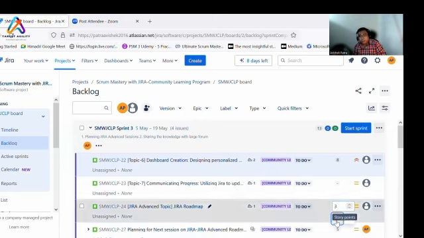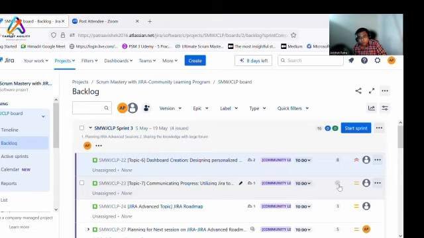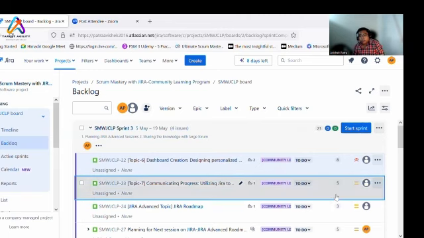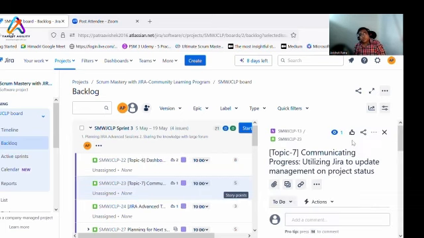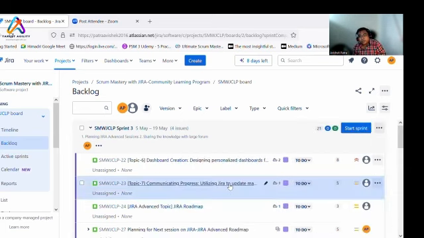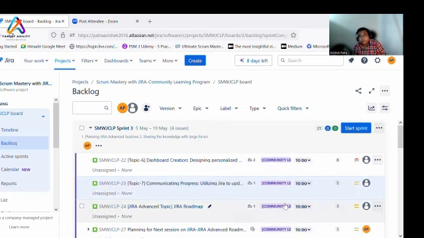It's always better, if you are following a burn down from day one or day two of the sprint, to discuss with the team. We do have the story points estimated so that all your Jira tickets are reflected in the board. In case you have a Jira ticket but don't have a story point estimation, your burn down will be different. You can add a Jira ticket when the sprint starts, and that will be showcased in the burn down chart, but it's always advisable to get all your tickets estimated.